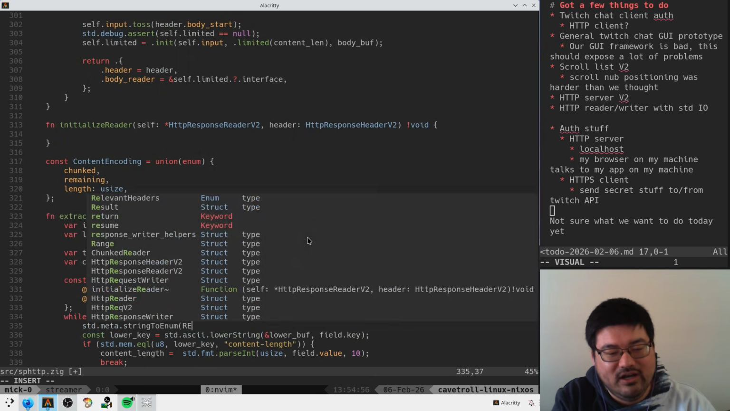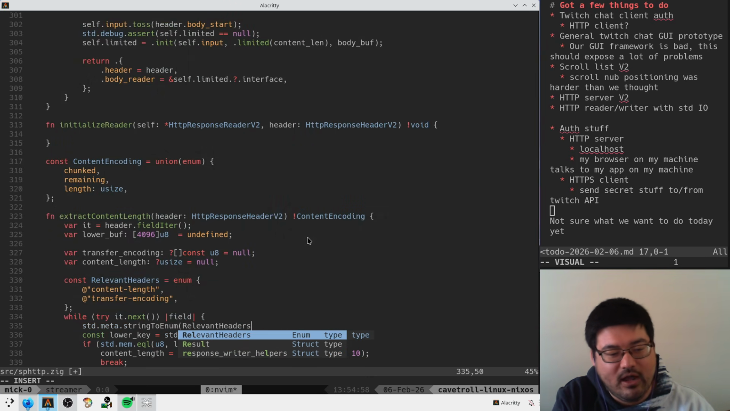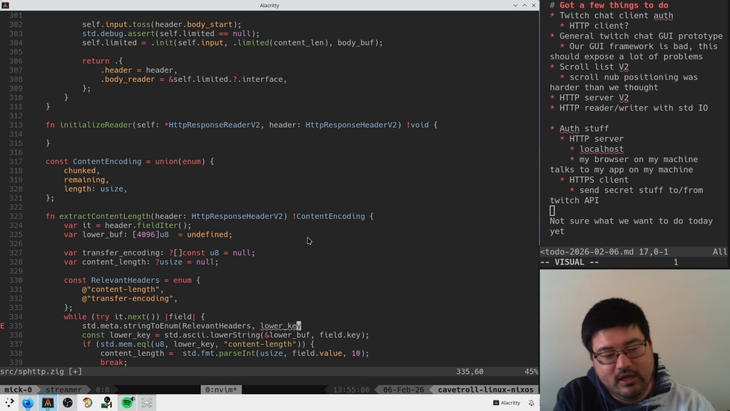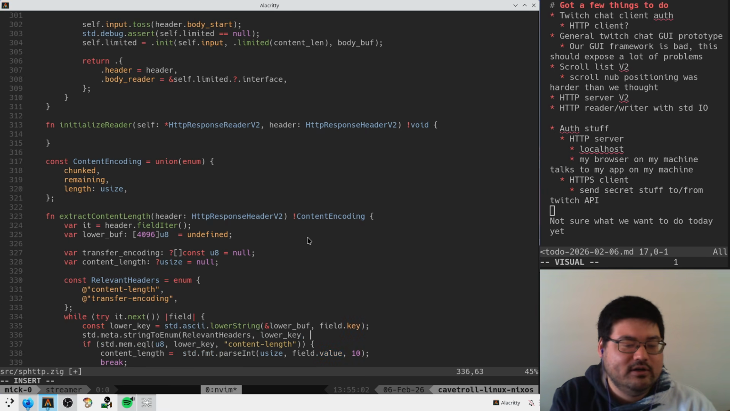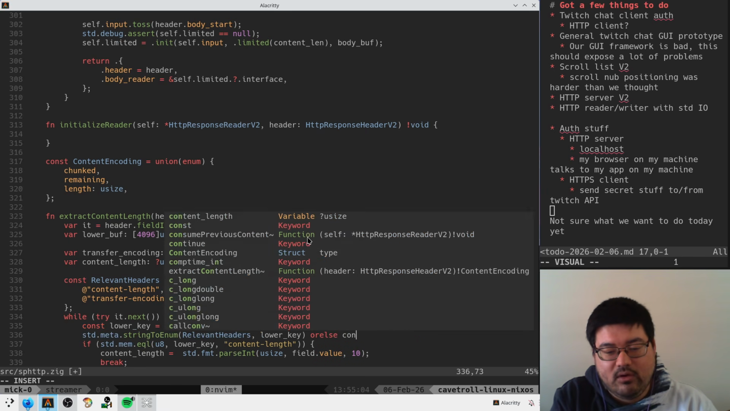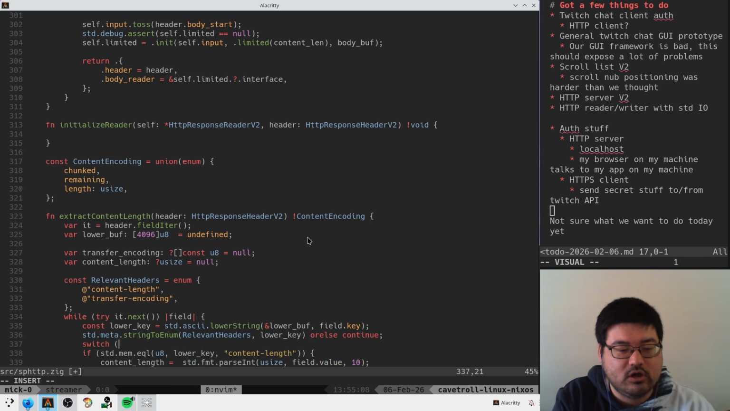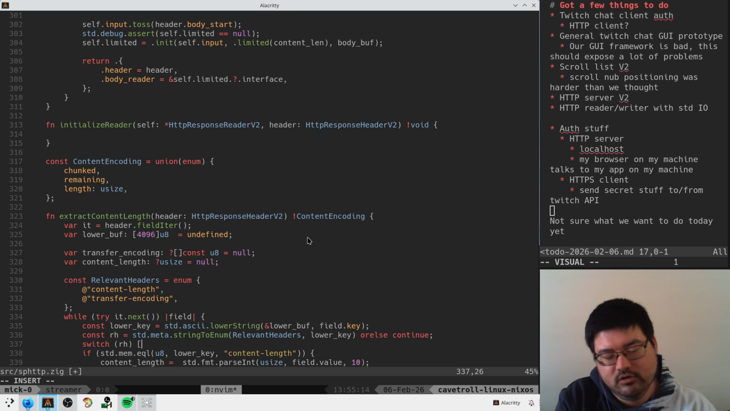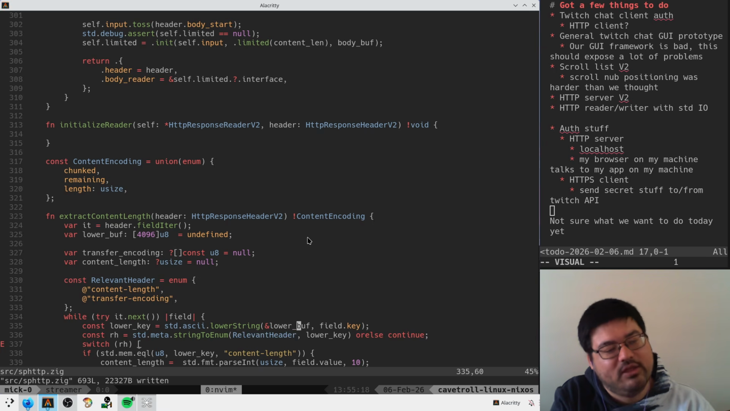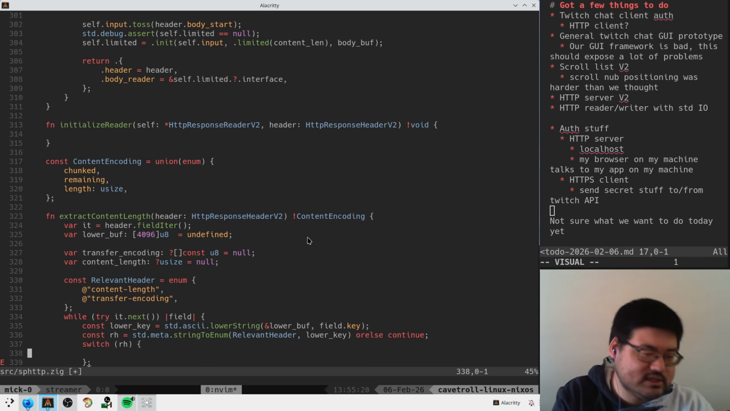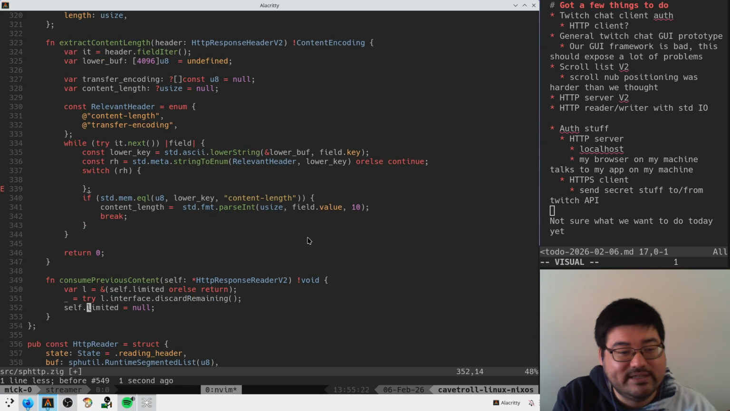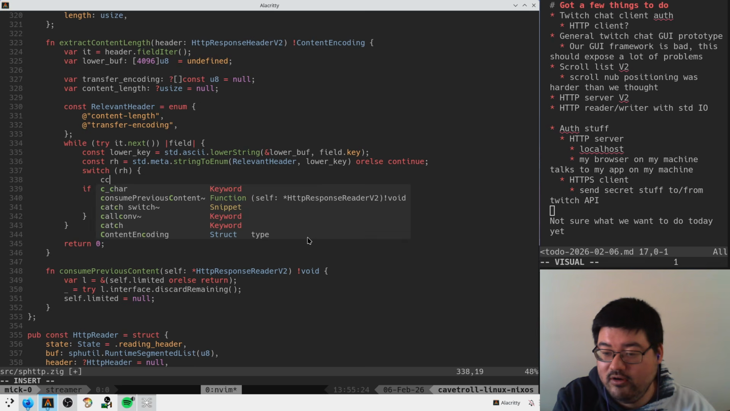String to enum. We're trying to get a relevant header out of the lower key. And if we don't see this, we're like, okay, next header, please, sir. Then we can switch on this guy. We'll call it RH. And once again, I always make this plural when I'm writing it, but I think you want it to be singular on use. If I see content length,